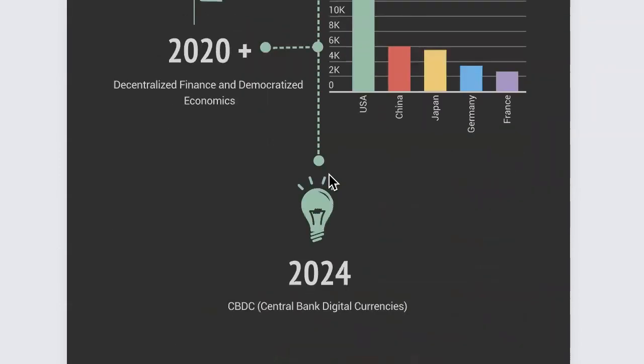And then fast forward, guys, where we are right now, we're heading towards something called CBDCs. These are central bank digital currencies. So by 2024, we're going to see a lot of the world's largest central banks, the Eurozone, the Bank of Japan, the Bank of England, the United States Federal Reserve, basically start to create their own digital money. And the reason for that is they can't really fight the cryptocurrency markets because it's too big at this point. So what they'll try to do is create their own version so they can save the value of the dollar. And so it'll be $1 equals one central bank dollar, or one digital euro equals one physical euro.